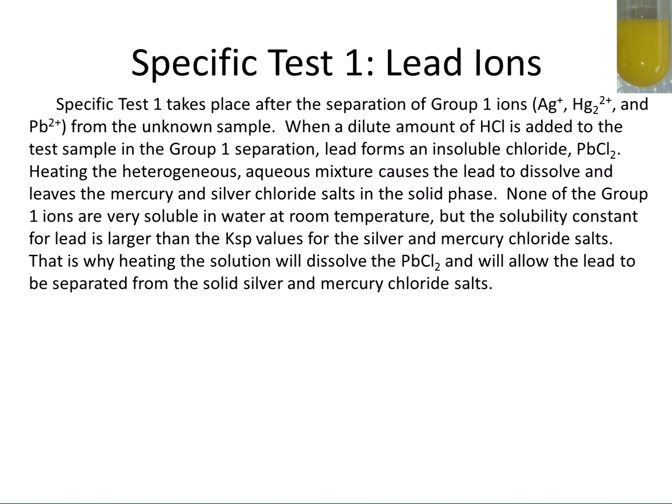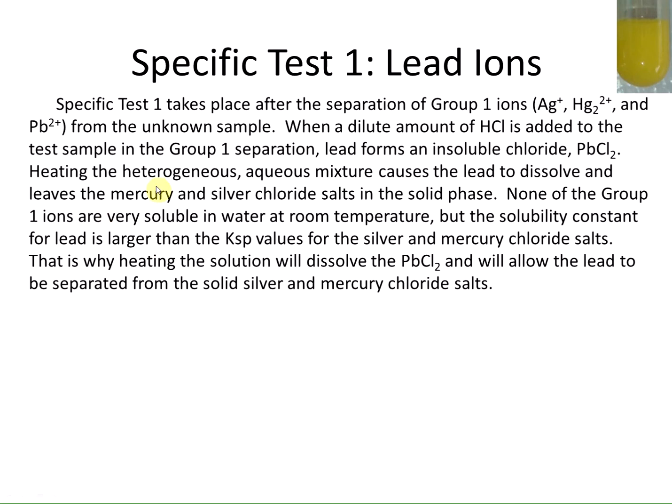After you've completed the group 1 separation, it's time to do the specific test 1 for lead ions. Specific test 1 takes place after the separation of group 1 ions from the unknown sample. When a dilute amount of HCl is added to the test sample of the group 1 separation, lead forms an insoluble chloride, so the lead